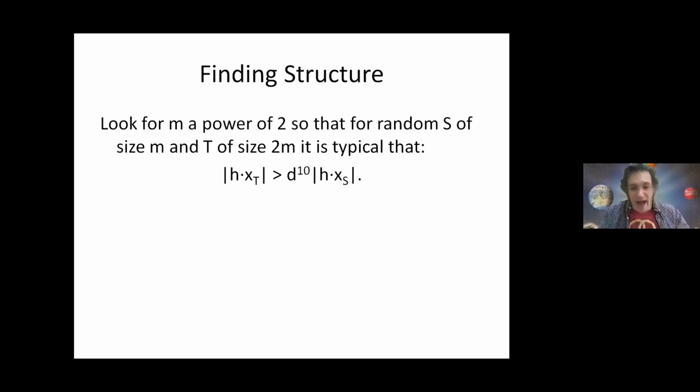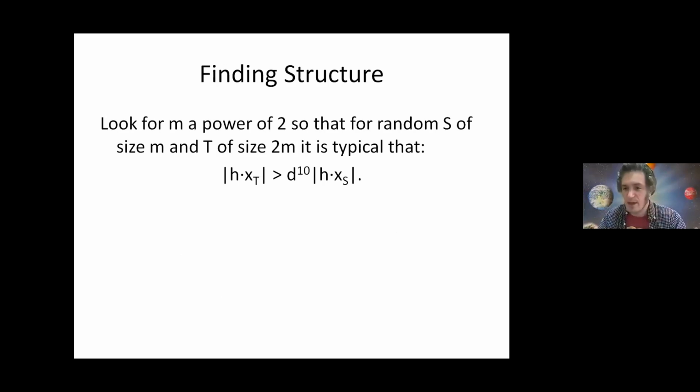Okay, so we have this oracle. Next thing that we want to do is find structure. We want to find a place where there's a big drop in the margins of points. We've got K over D fraction of points with high margin, and almost all of the rest of the points have much lower margin. And the way we're going to do this is we're going to take M to be various powers